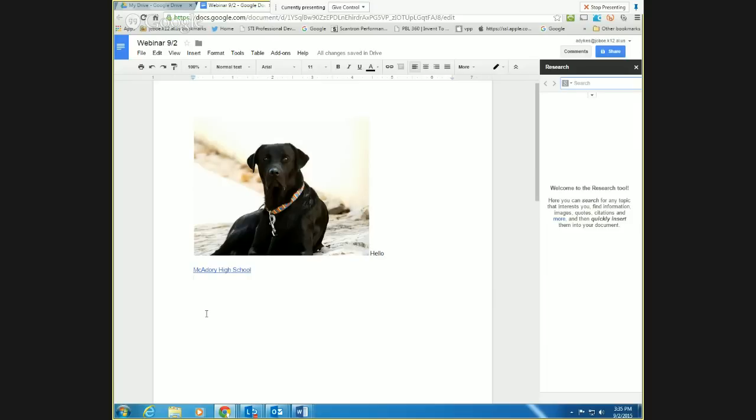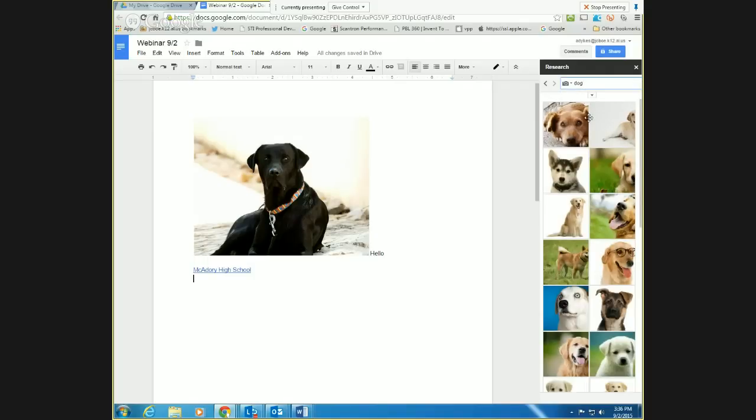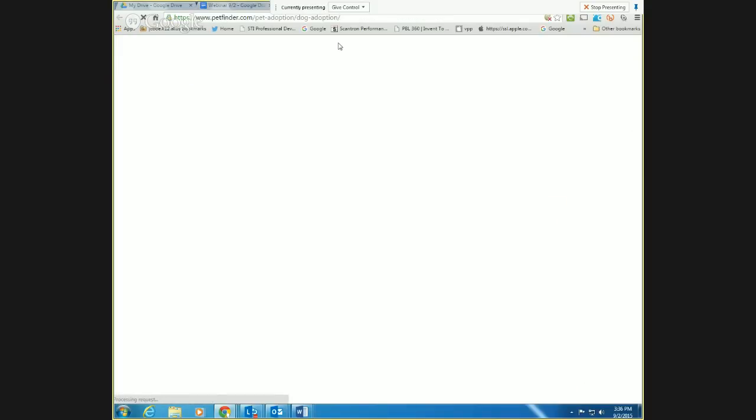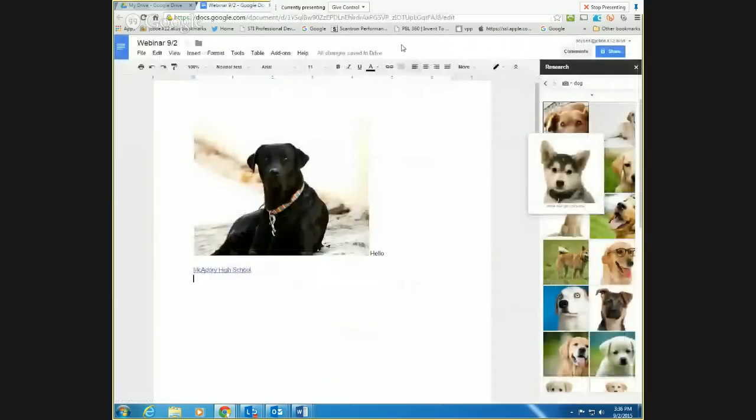And I love that it actually will cite your sources as well. My publisher's really loving that right now. But you can come over here, and as you can see, if I'm searching for something, I can search for images. Let's say I am going back and looking for dogs. I can put in that dog again. And it's going to give me a picture as well. It's going to open it up to where that picture came from, or I can tell it to